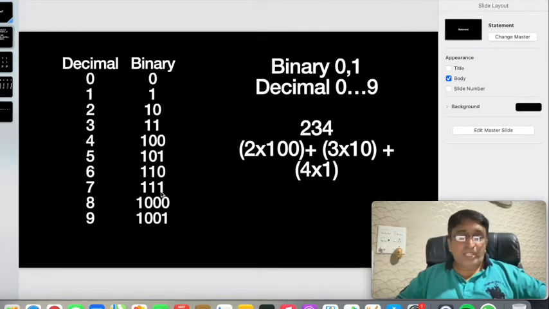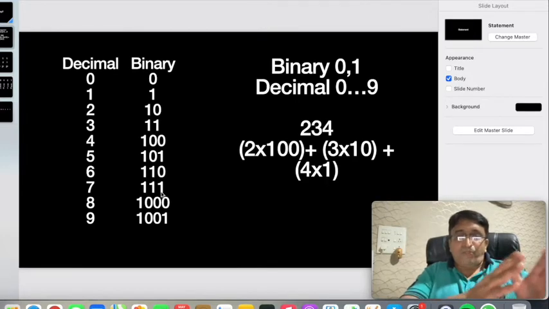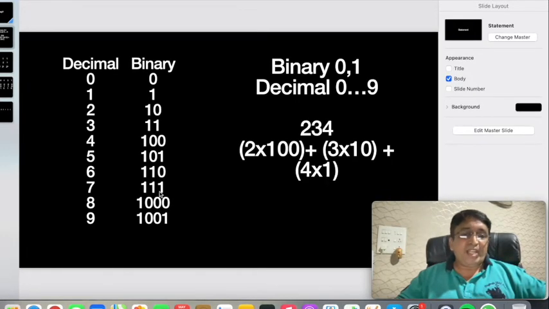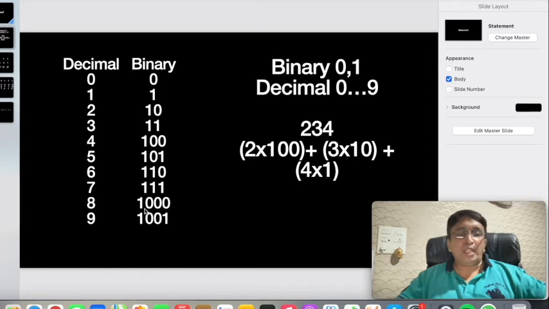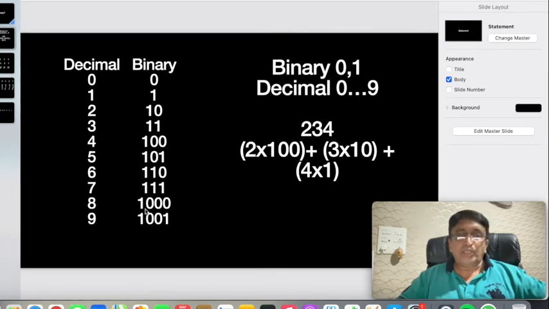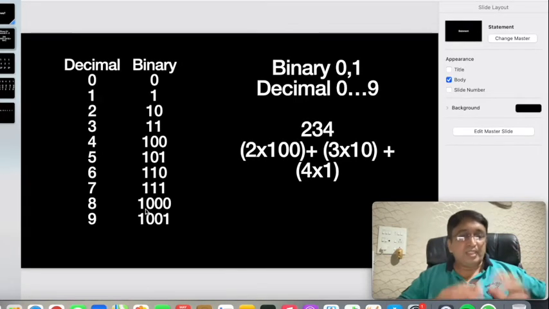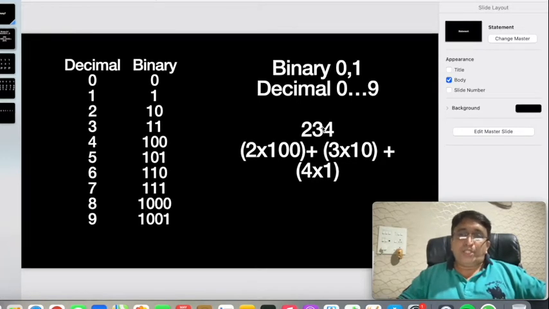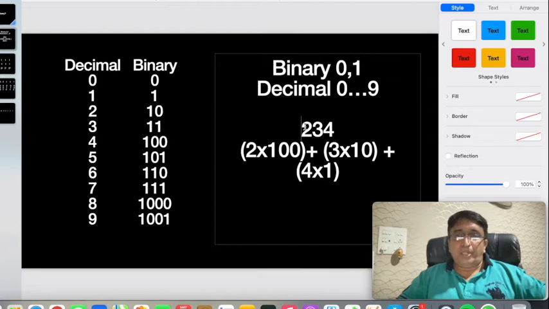But once again, after 111, 112, 113, 114, if you go up to 999, nothing in between is a number made by only 1 and 0 combination. So for 8, the representation is 1000. And this continues: 9 will be 1001, 10 will be 1010, and so on. But the problem is we cannot just go on converting decimal numbers into binary in this way. Because if you say find the binary of 234, it's going to be pretty difficult.